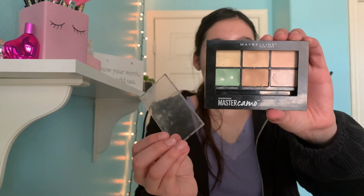Before I prime, I've been getting acne lately. These past 2 days my acne has gotten bad. I don't know why, so I'm just gonna go in with the Master Camo. Mine is pretty jacked up, like this fell out, but I'm going in with the green shade to put it on these acne marks. Maybe I was supposed to prime first, but either way, I like to concentrate it on the center of my face,